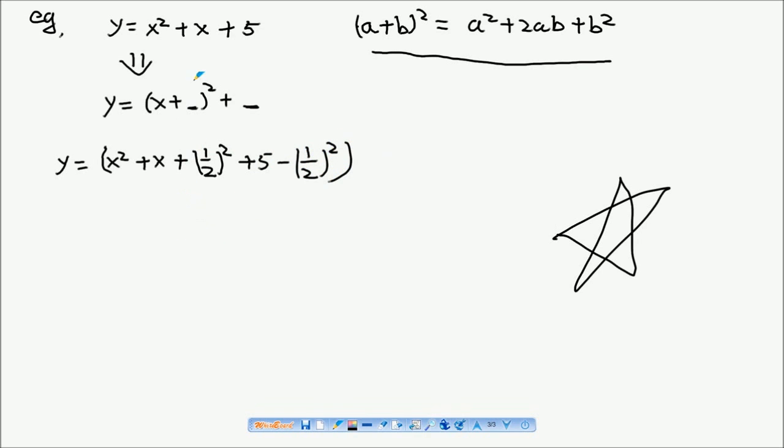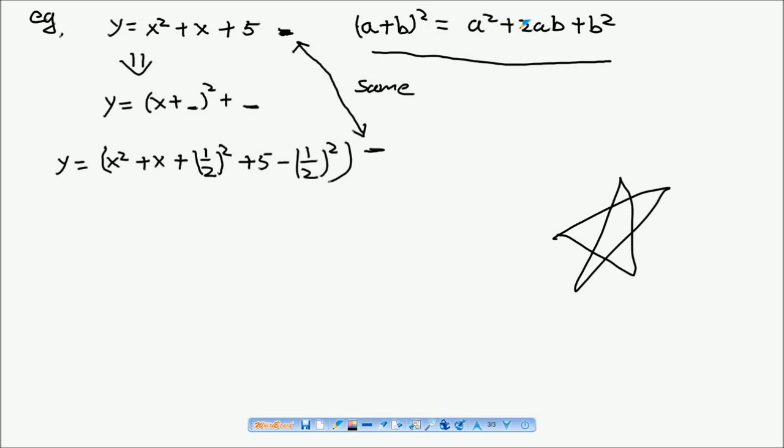The formula in this one and this one are exactly the same, because I plus half square and minus the half square, so the value doesn't change and the graph doesn't change. Now I can use this formula